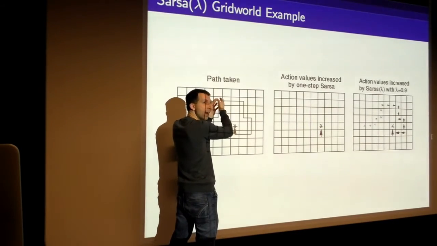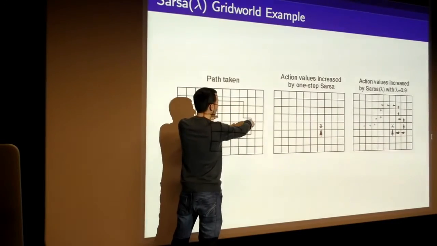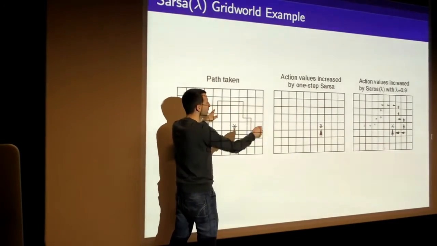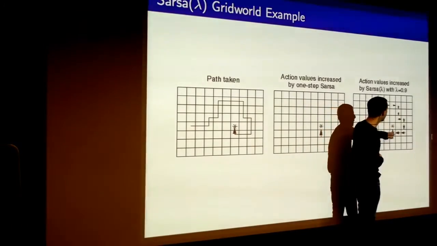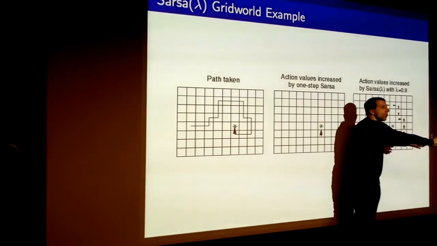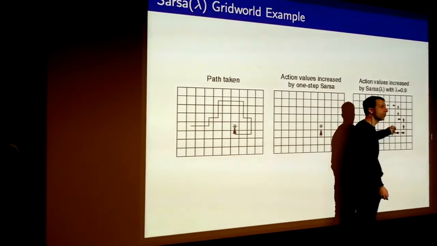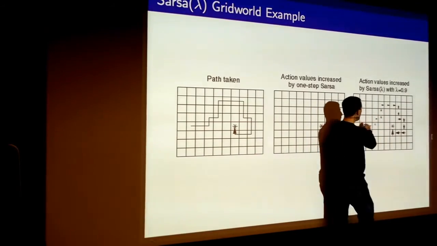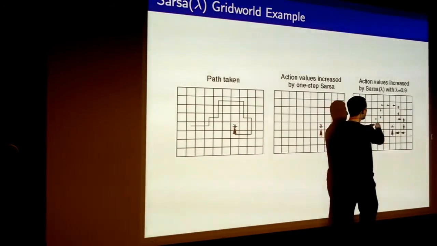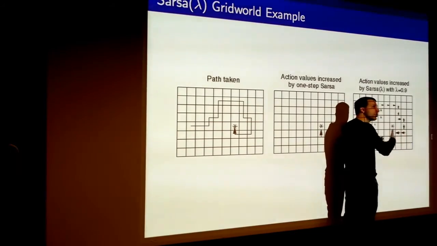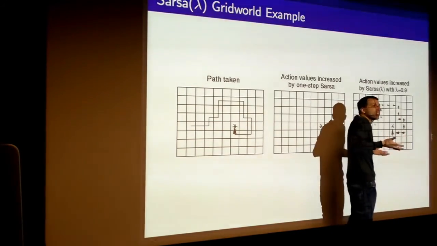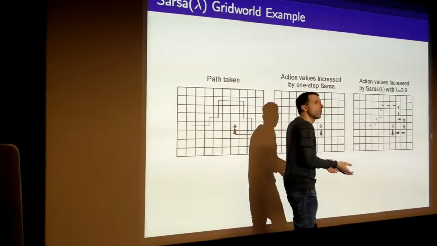And the amount that you take account of those things, the weight that we put on that largest n, on our final return, is precisely the amount by which we would update that state here. So if you're very close to the end here, all of your weight goes on your final return, because the episode stopped here. Whereas if you're way back at the beginning here, a lot of your weight is going on these shorter returns that don't contain any information yet. And so that gives you the same effective result. You can see just intuitively, looking at these diagrams, that you get the same picture by either this forward view computation or the backward view computation.